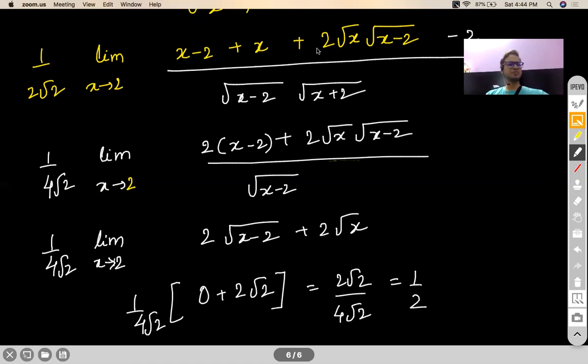So I think this is pretty much it for your method of rationalization. We'll talk about more difficult problems later on when we are doing other indeterminate forms. And of course, when we are doing different types of limits, many a time you will have a mixed component. You will have exponential along with a rationalization factor, or logarithmic along with a rationalization factor. So there would be a different mix and match of these types of problems with other limits. When we do those kinds of limits, if need be, we'll come back again to more questions on this.